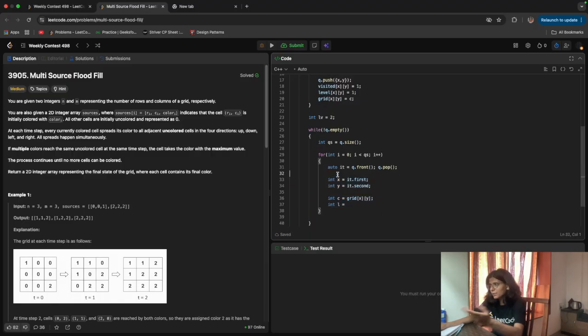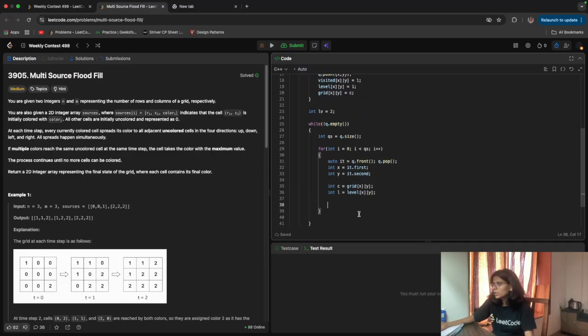I implemented it using a for loop, taking all the nodes at the same level. These will give me the nodes at the same level. Okay, L is equal to level at that x and y.